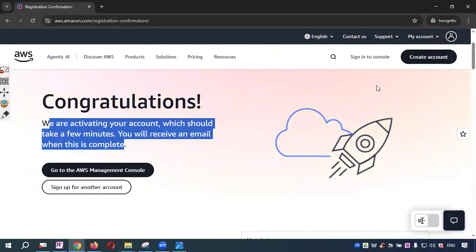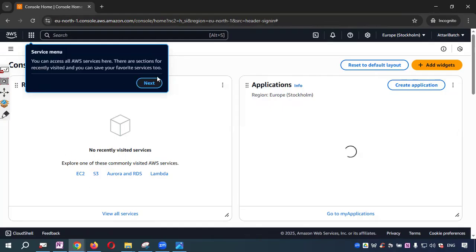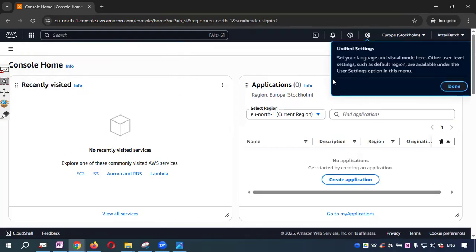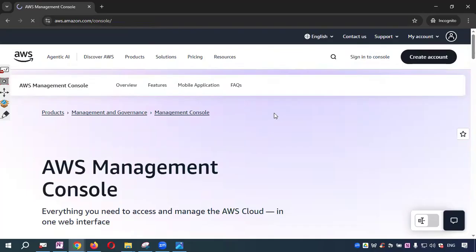Now whenever you want to create an account or sign into the console, you need to press this button, yes, sign into the console. Whenever you say sign into the console, it will automatically bring you to the AWS console home. Now remember, if you sign out from your account due to some reason, and you go again and say I want to sign into the console, remember one thing, it will